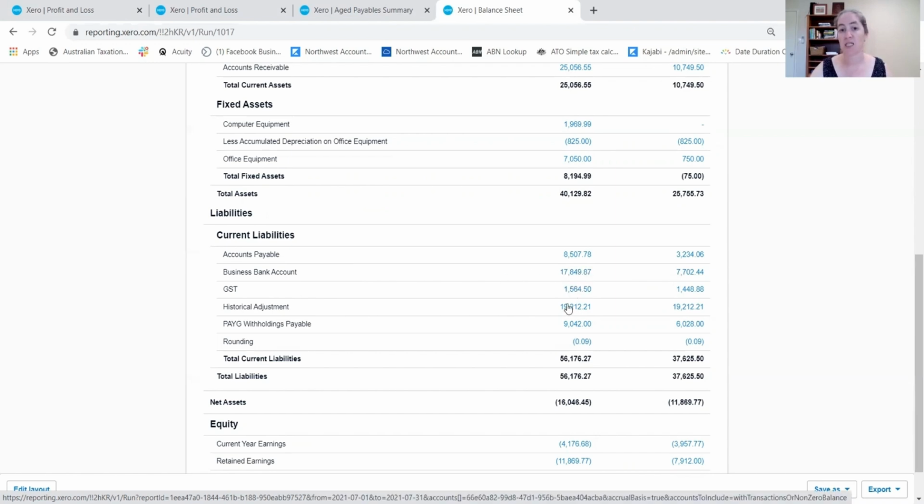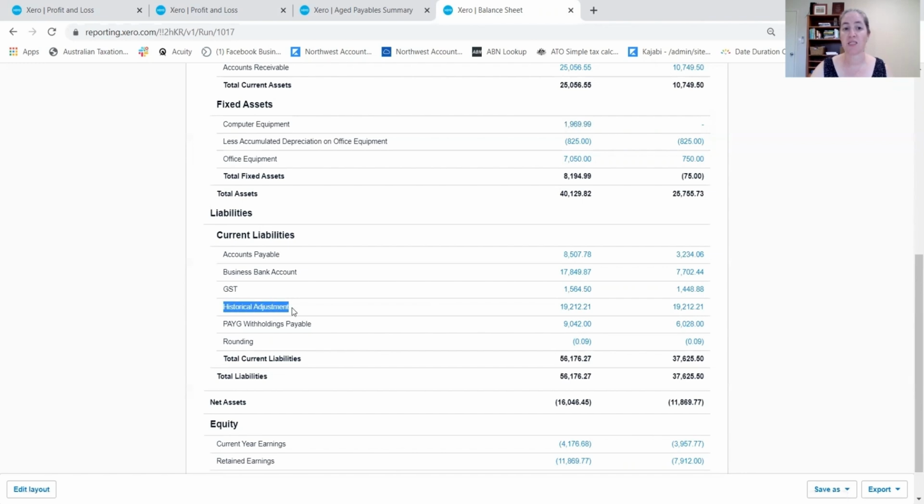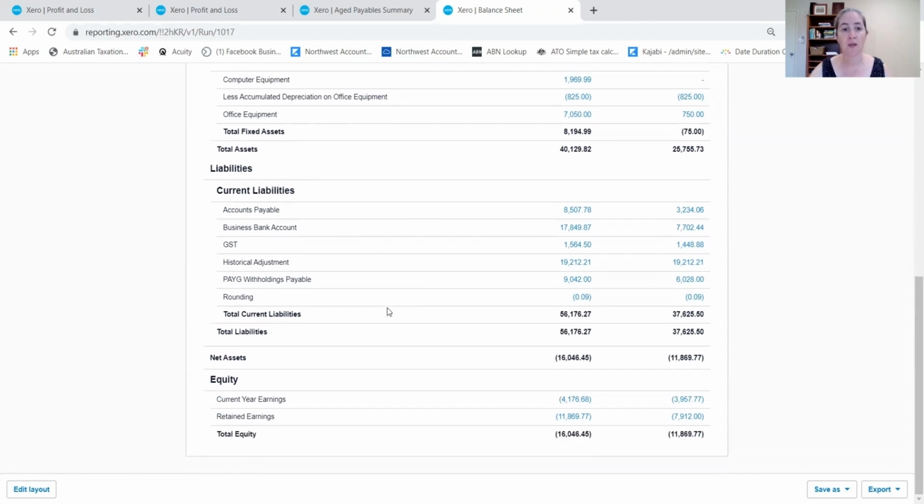GST is a little bit changed. This historical adjustment, if you see that on your balance sheet, then please be aware that that is not a real figure. And then your pay-as-you-go withholdings, that's wages tax that you've accumulated. And if you pay it, it goes back against this liability account and it does not go on your profit and loss. So it's money coming out of your bank account that's paying off a debt. It's not money coming out of your bank account